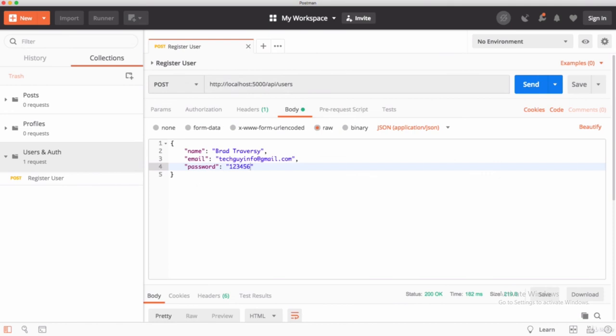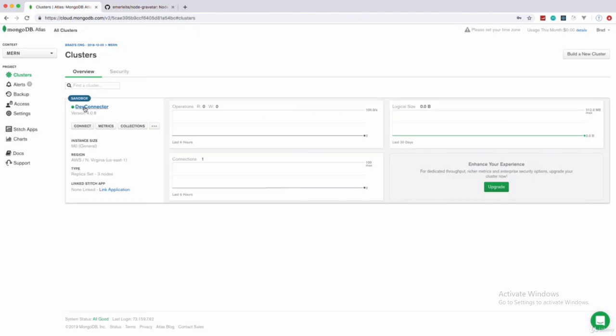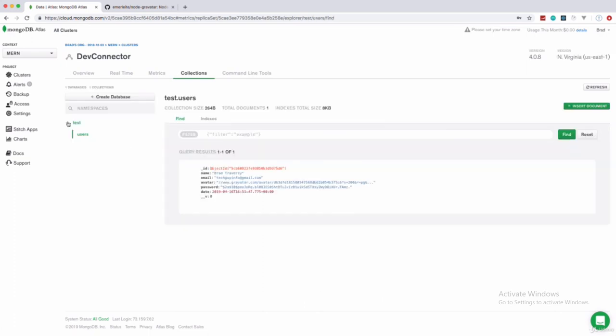In your MongoDB database, if you click on the collection, you can see the database and the table named users, and the record is here. This is the first program where you are sending the value to the database using a form. Okay, and the password is in encrypted format, and you can see the avatar also. If you copy this avatar and paste it, you can see the image.